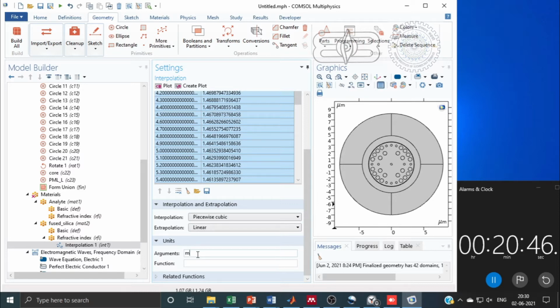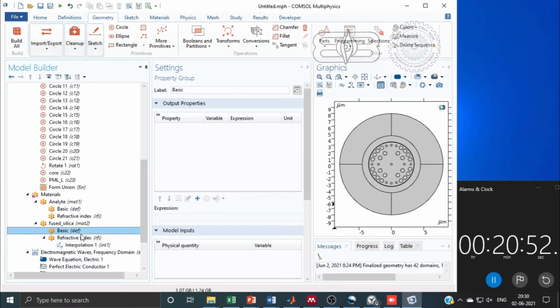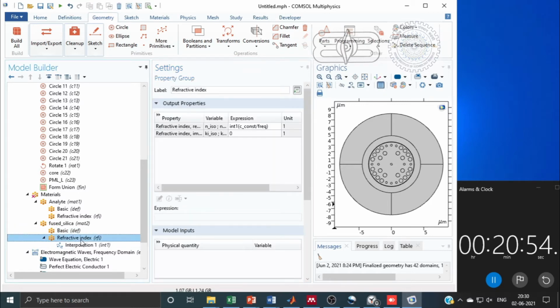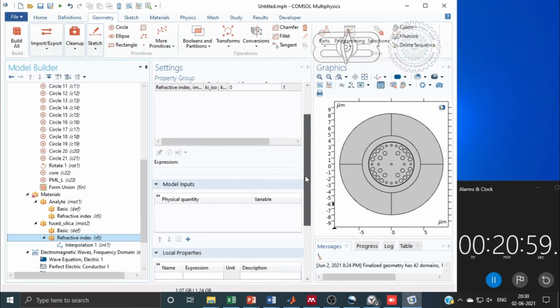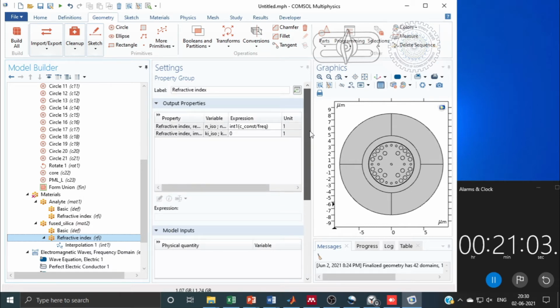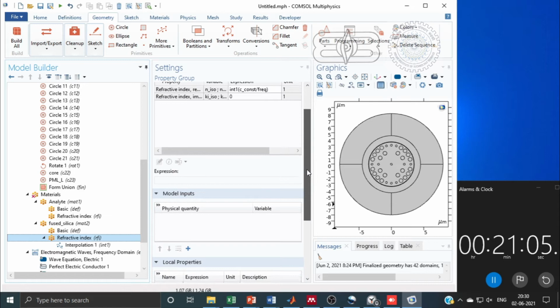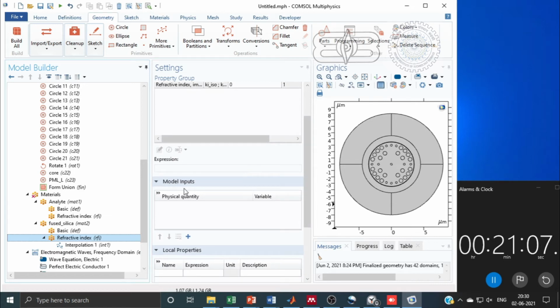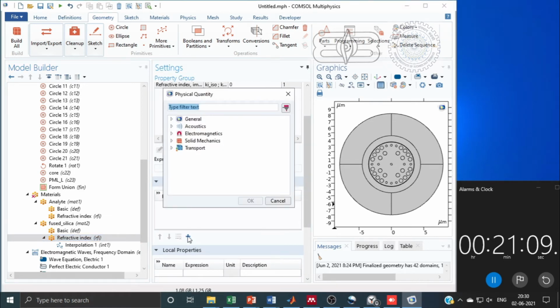And now a very important step: we have to change interpolation to piecewise cubic, and extrapolation you can change to linear or constant, anything. And now the very important part is the unit. Change the unit of arguments to meter, because here I have taken wavelength in meter. The first column is in meter, so change it to meter.